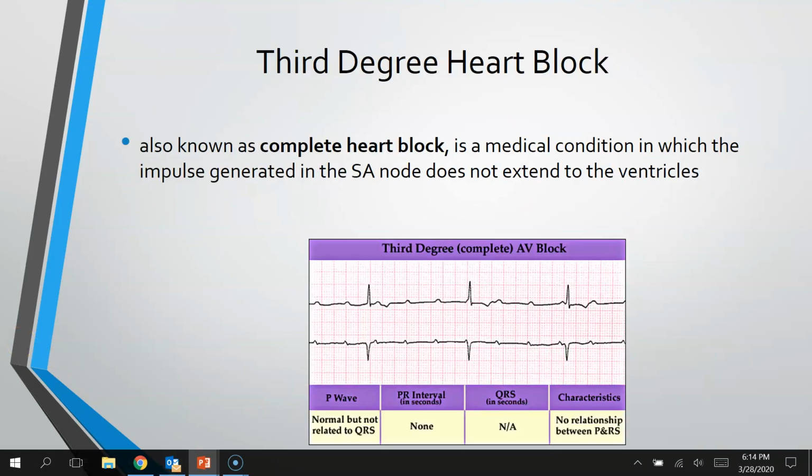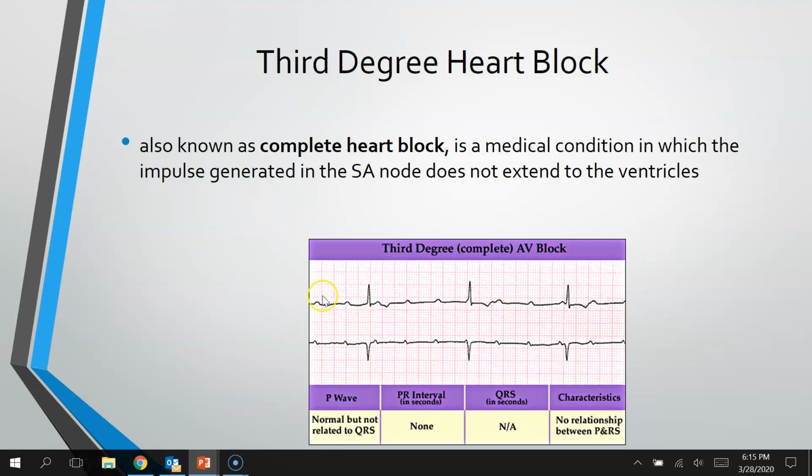Third degree heart block is known as a complete heart block. This is where the impulse generated in the SA node does not extend to the ventricles. So what we're going to see is just those P waves going. There's no PR interval, there's no QRS in sign or time, and there's just no relationship at all between those P waves and the QRS like we see in a normal